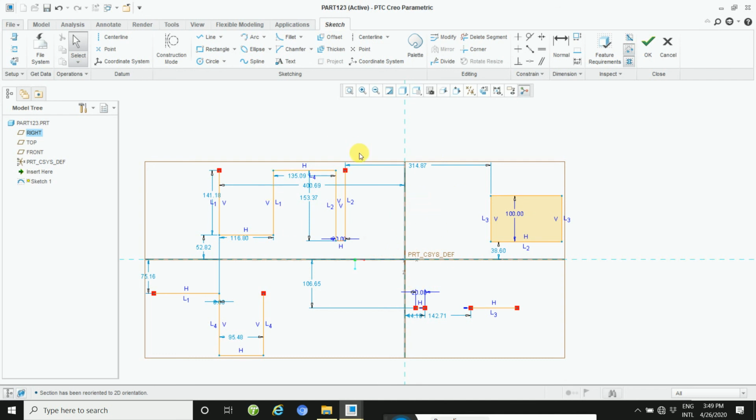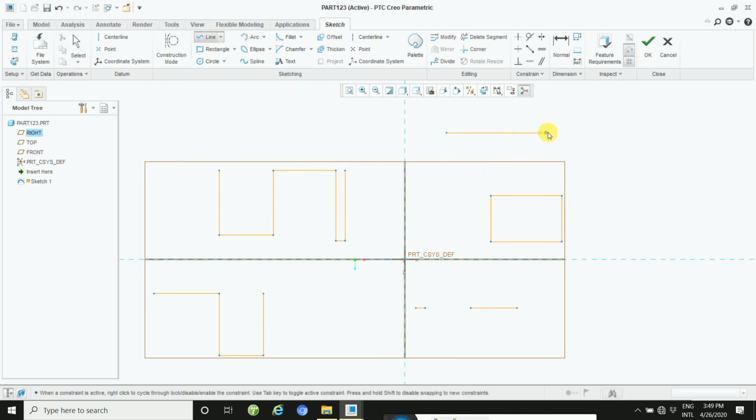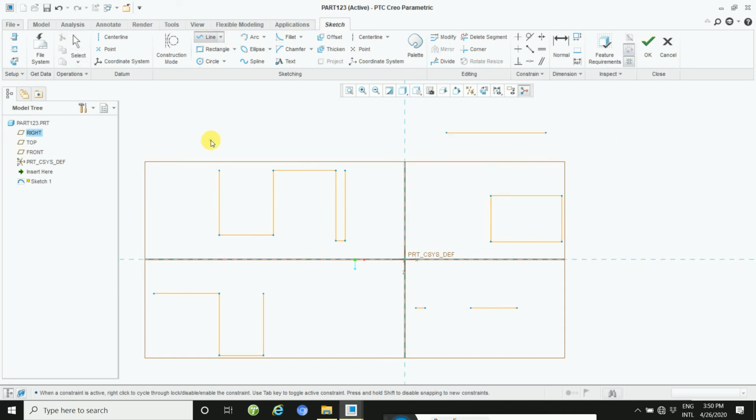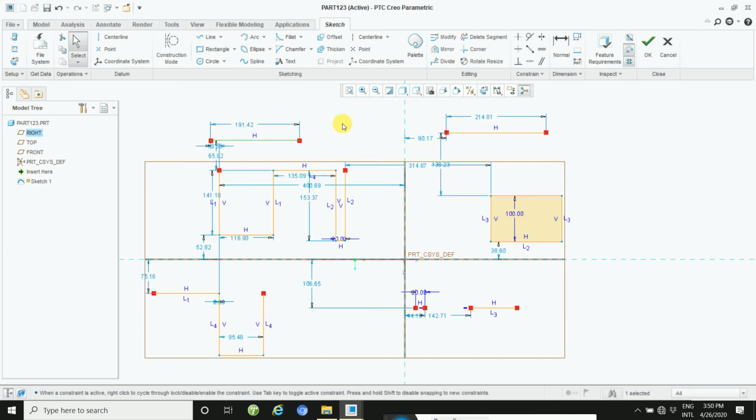Okay, and then second option, how to execute this command. Another method, one of the most important, is to click the mouse middle roller 2 times. Mouse middle button, click 2 times, and you will execute this command this way. This is a very basic tutorial for Creo designers. Thanks for watching. Please subscribe to my channel for more videos.